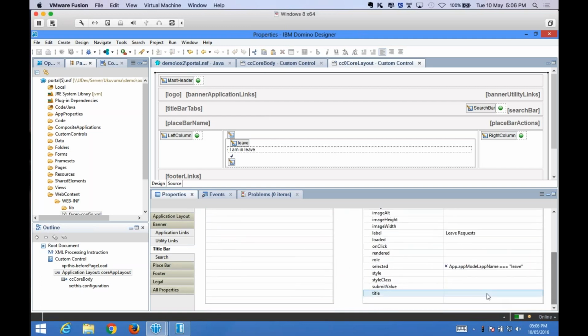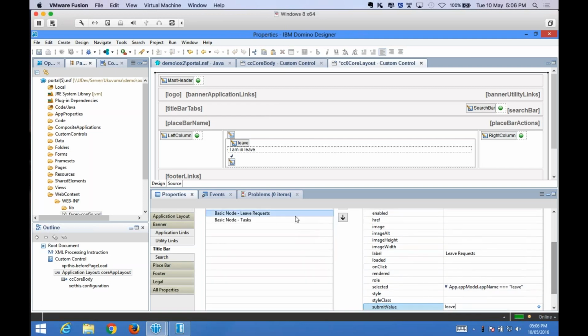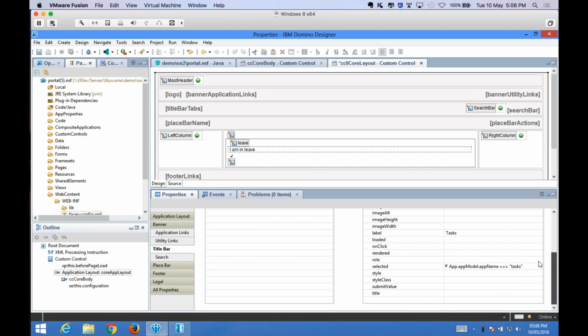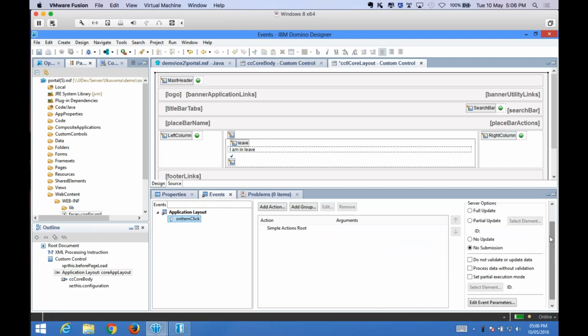So if we just go again to the title properties and we go to leave requests, we want to say that whenever a user clicks on leave, submit a value of the ID leave. And whenever someone chooses tasks, submit a value with the ID tasks. We can then go to the event listener of our application layout control,